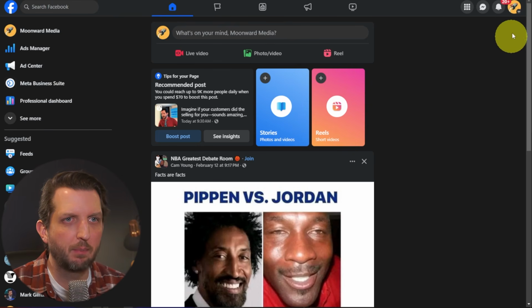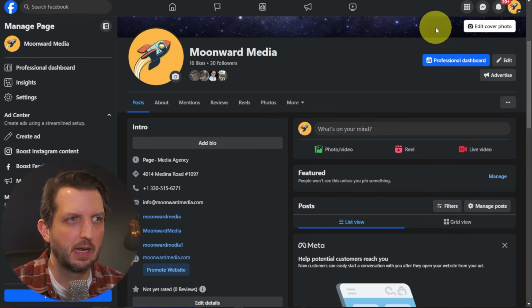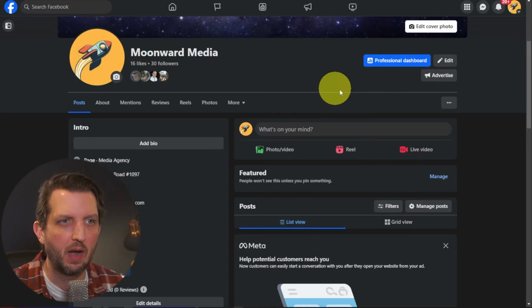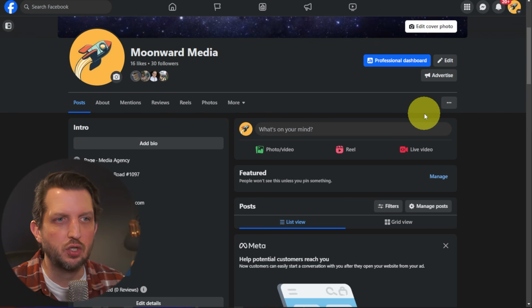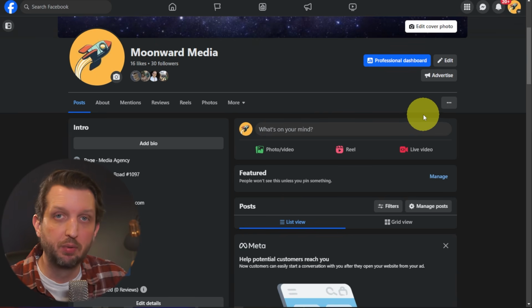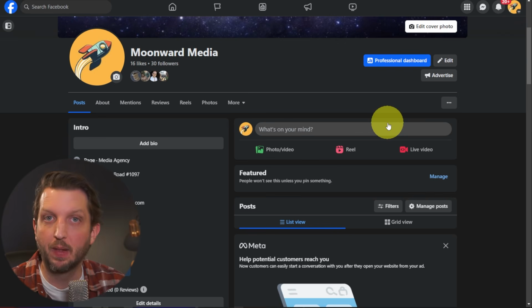to go over into the top right-hand corner and click on your profile picture here to take you to your main page. And if you want to just start typing something to have a message, you can type it there. Or for the purpose of this video, I'm going to show you how to add a video directly into Facebook rather than just adding a link from YouTube or another site. This is how to upload the video directly to Facebook and be able to have it autoplay when people scroll